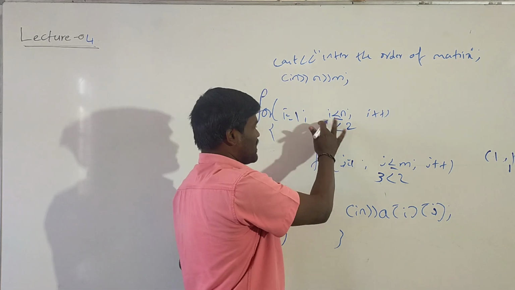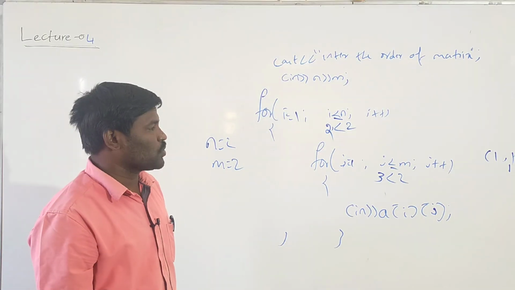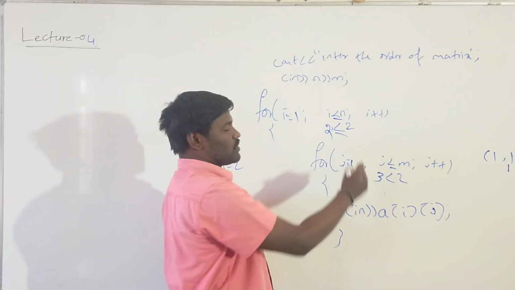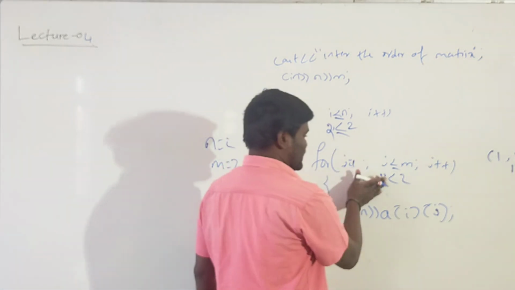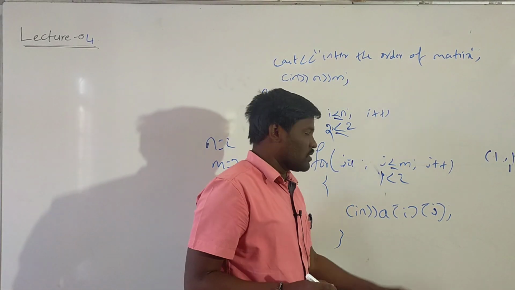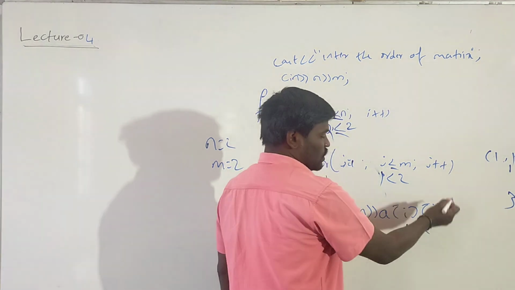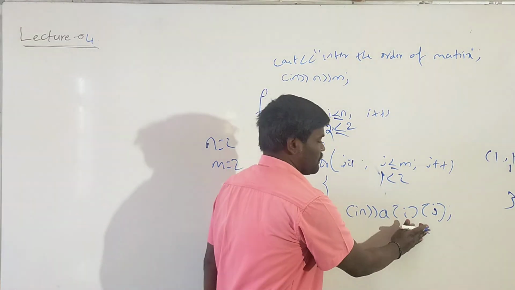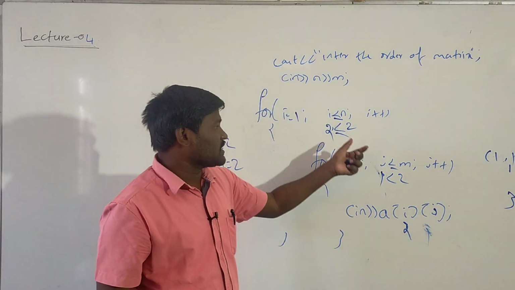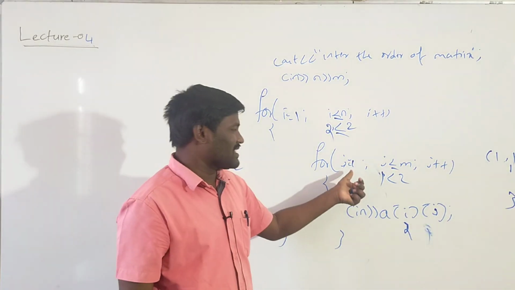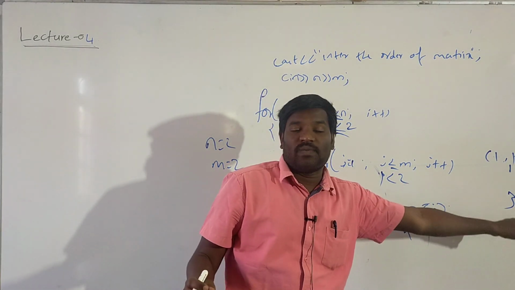Next, i plus plus, i becomes 2. Because it usually starts with 1, now it is 2. 2 is less than or equal to 2, again the condition is true. Again j starts with 1, 1 is less than or equal to 2, the condition is true. Next I can enter 3, it is stored in 2, 1. The present value of i is 2, but the j value is 1. 2, 1 means second row, first column.